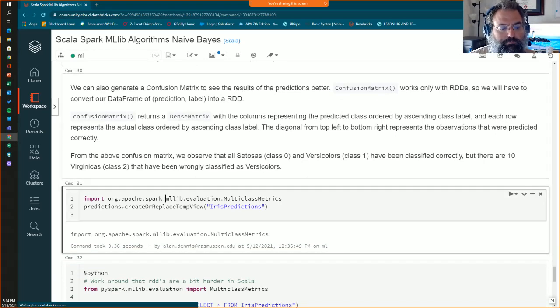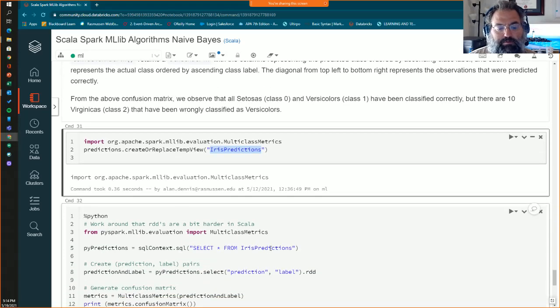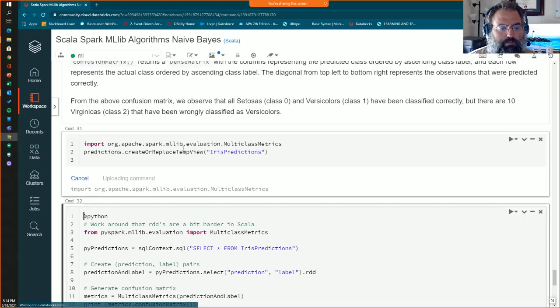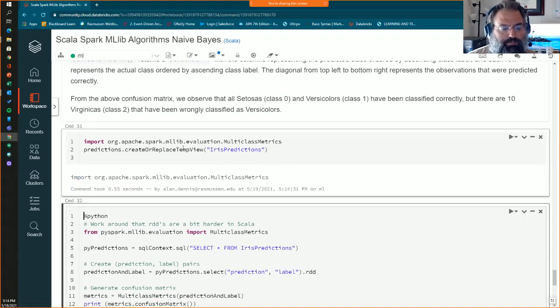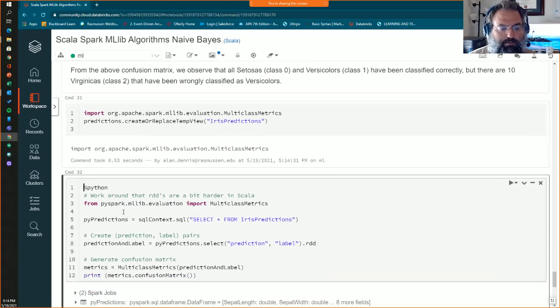One of the things that you do have the ability to do is to create or replace a temporary view. A temporary view is like a table in a sense, and what you're doing is making it available to you from inside of this SQL statement down here. And sometimes it's easier to express the things you want to do as SQL than it is to write them in some sort of other mechanism, right? So what this is doing is creating that temporary view, and then what we're doing down here is creating